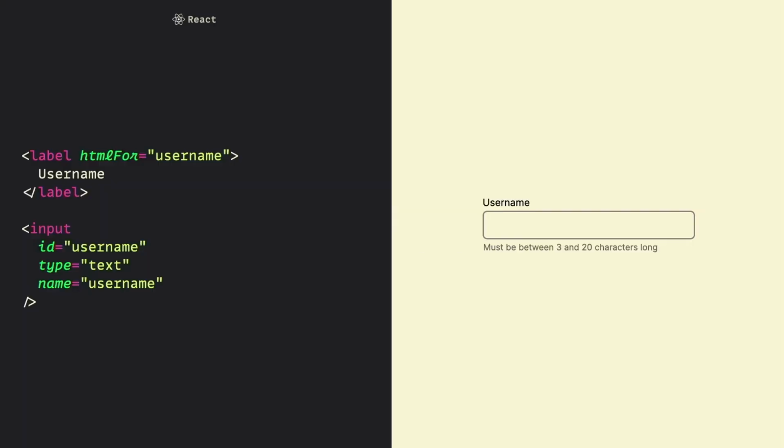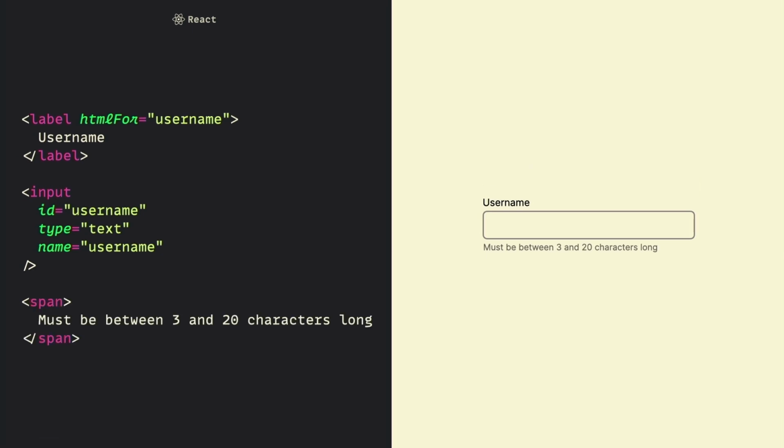We generally want to keep labels clear and concise, but sometimes we need to provide additional information, like different instructions or hints like this. To implement it, we can just place the text underneath the input, but again, because it is not connected to the input, it might be overlooked by the screen readers. When we talked about the accessibility tree, I mentioned that all elements within the accessibility tree can have an accessible role and name.